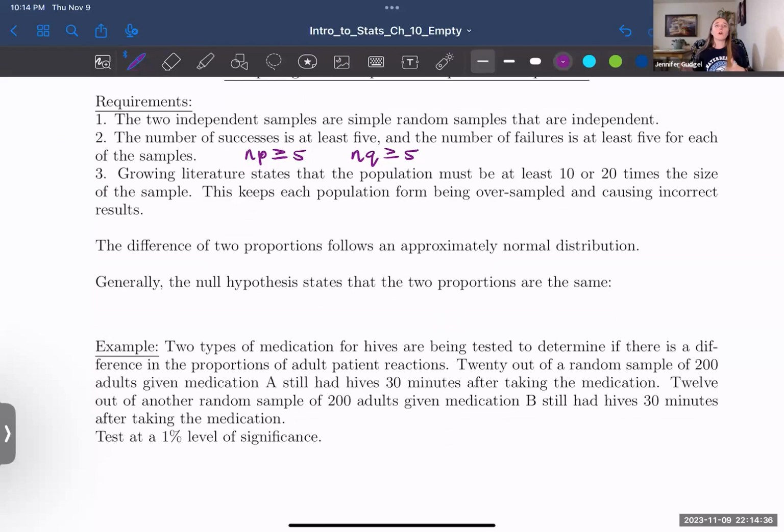Generally, our null hypothesis for proportions is going to be that we think they are equal, meaning that that null hypothesis is going to be that the proportion of A is equal to the proportion of B. Sure, it could be thought in the past that it was greater than or equal to, or less than or equal to, right? This is just kind of a general rule of thumb, more so what you see in a lot of examples. It's not usually going to state what you think it was originally, but we just kind of assume, you know, for proportions that,